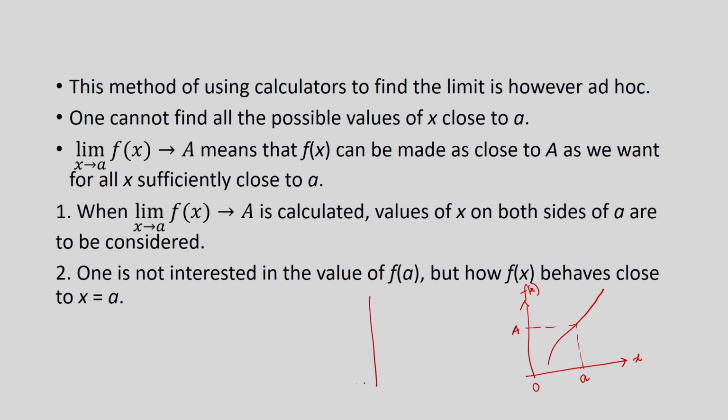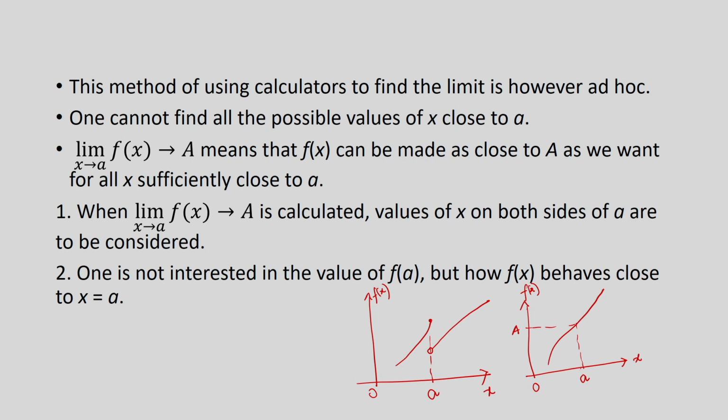and where can we say that the limit does not exist? Suppose you take a function like this. So, here it is defined, but suppose if you take x greater than small a, then this function is actually starting from here. Then we say this limit is not there, the limit does not exist of this function at small x equal to small a,